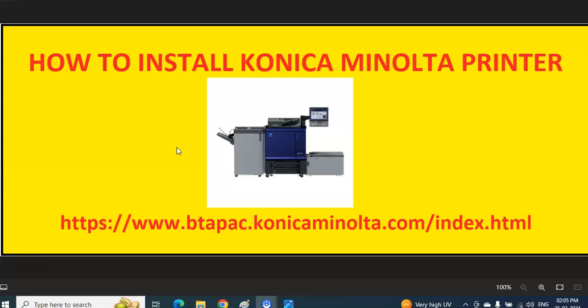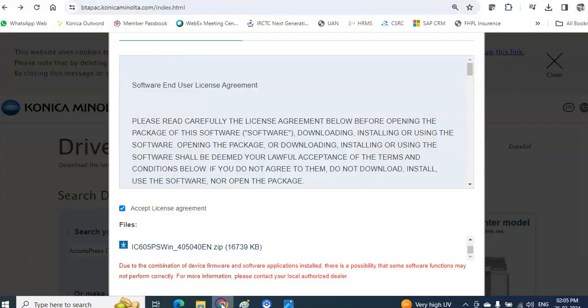I will go through these things. This is the link you need to use to download the Konica Minolta drivers, and I will keep this link in the video description. You can click on the link to get the page. So once you click on that link